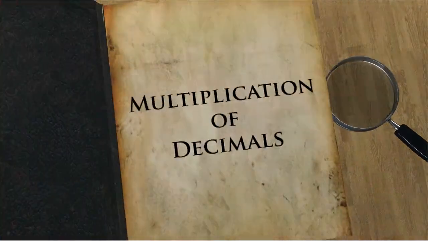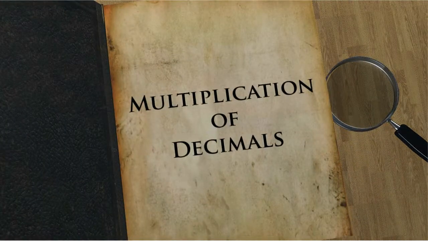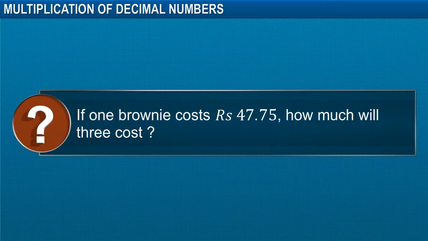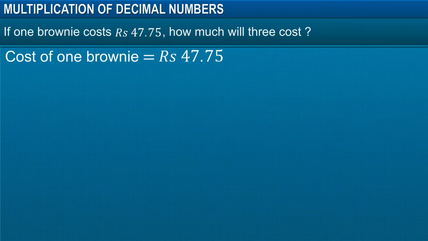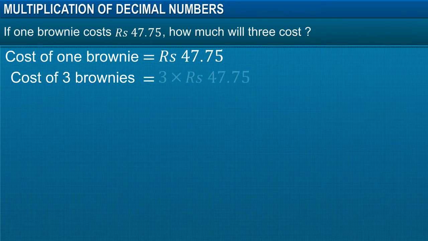In this module, you will learn how to multiply decimal numbers. If one brownie costs 47 rupees and 75 paise, how much will 3 cost? To calculate the total money spent on 3 brownies, we just multiply 3 by